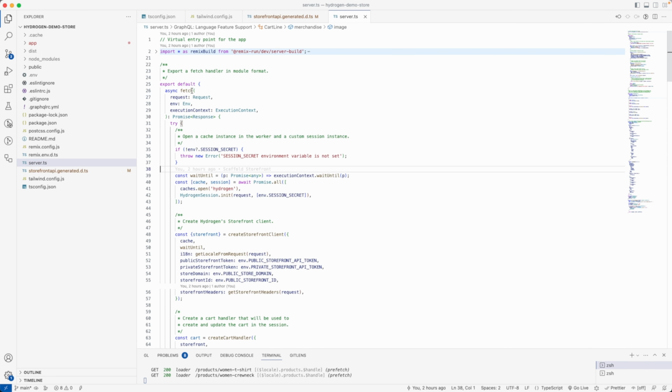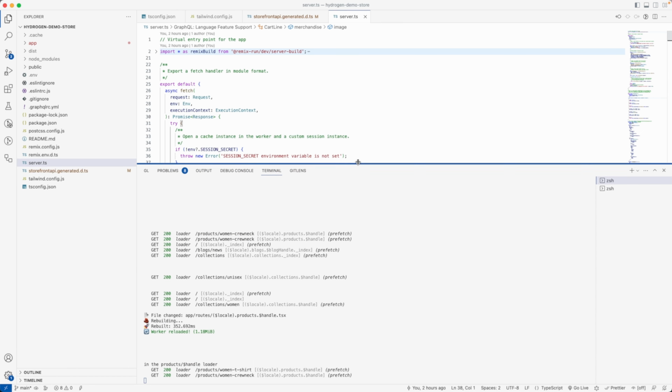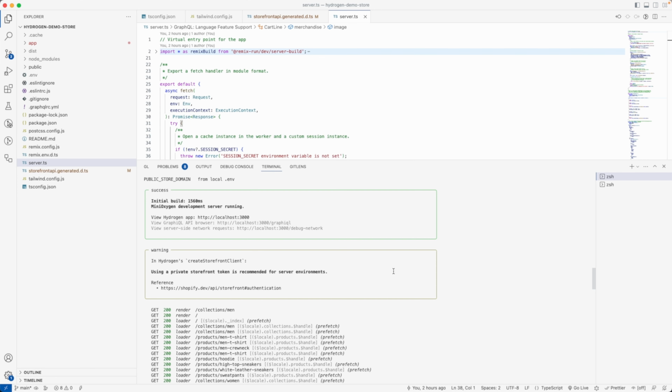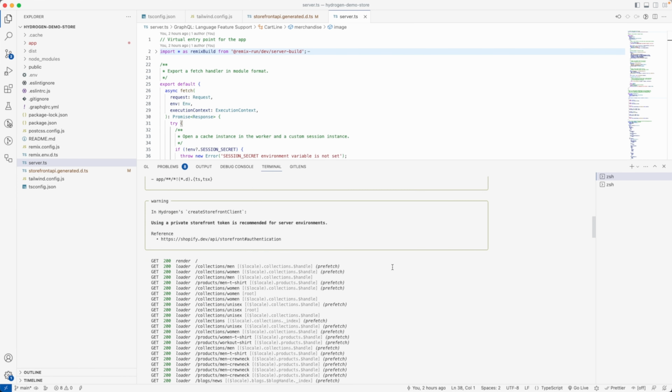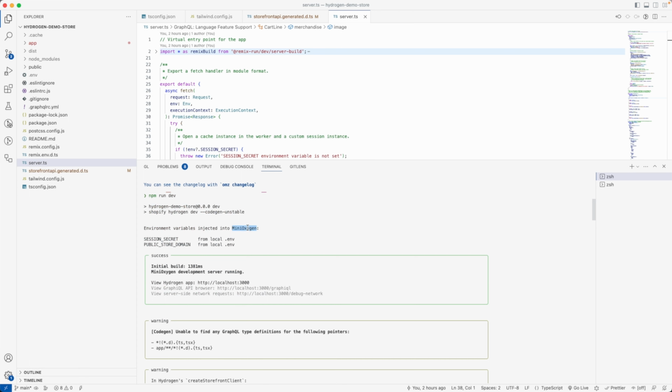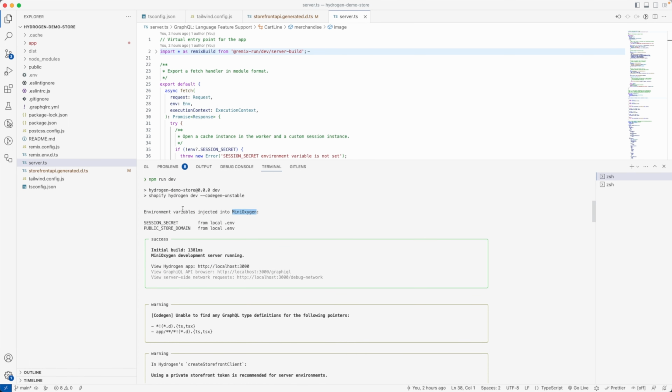Okay, and like I said earlier, Shopify Oxygen is powered by Cloudflare, and in local development mode you have what is called Mini Oxygen, right? I think they write it somewhere here, Mini Oxygen, okay? And Mini Oxygen, when you run npm run dev, the first thing that is run is this